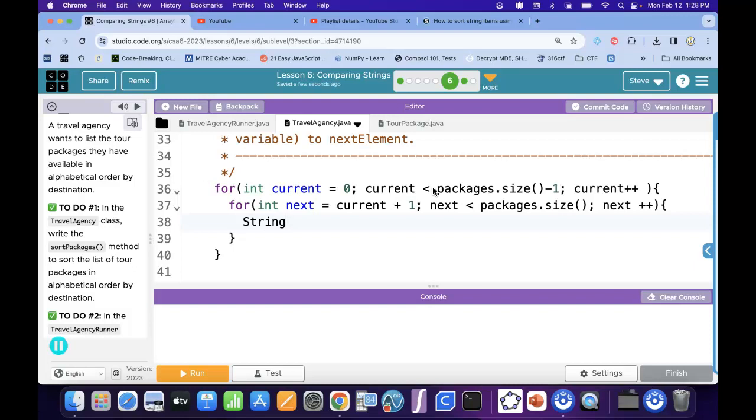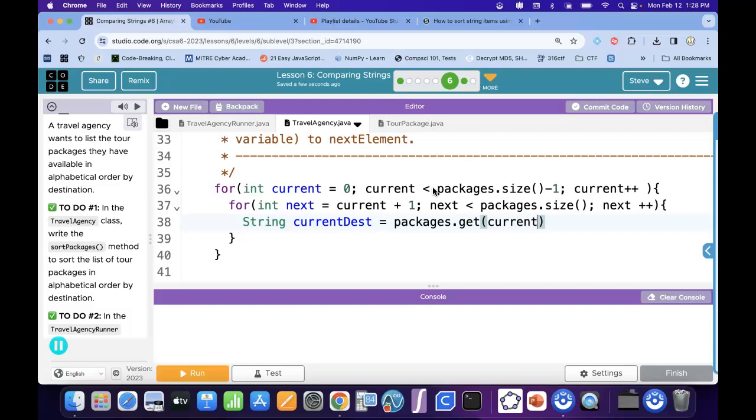We want the destination, which is a string. So I'm going to go currentDest equals packages.get whatever is at the current element,